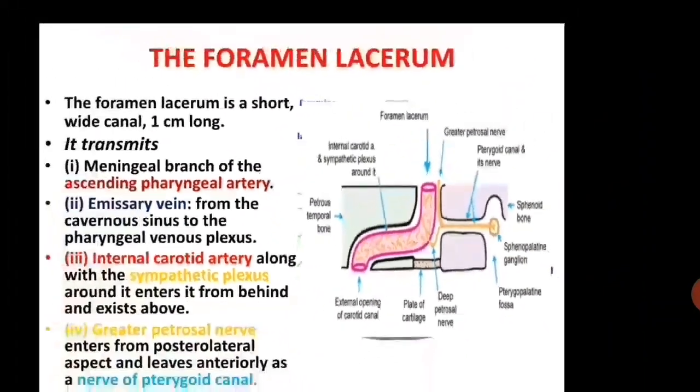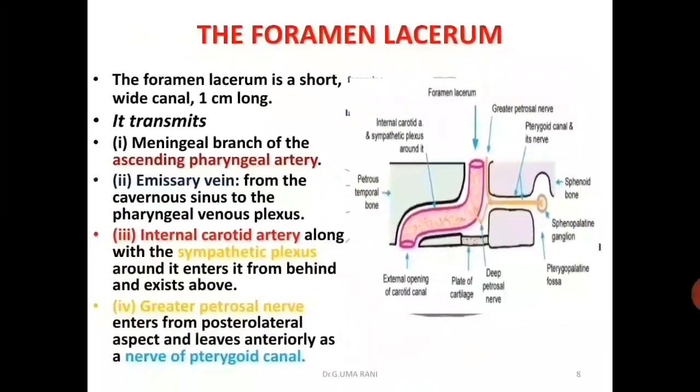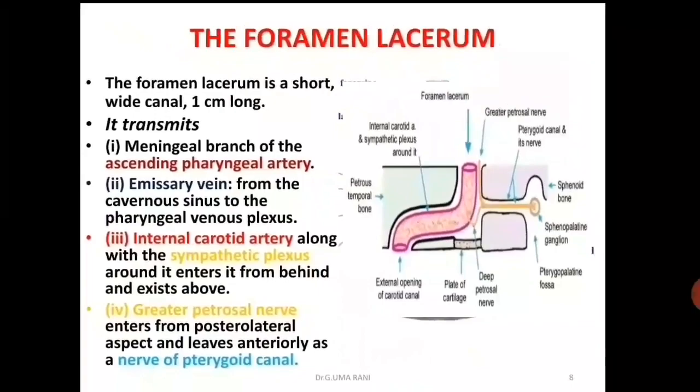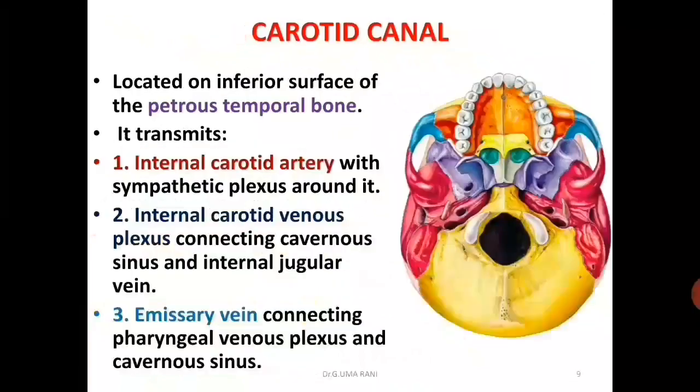So these are the important contents transmitted through this foramen lacerum. Another foramen located in the petrous part of the temporal bone is the carotid canal. You can see that arrow representing the carotid canal located in the petrous part of the temporal bone,